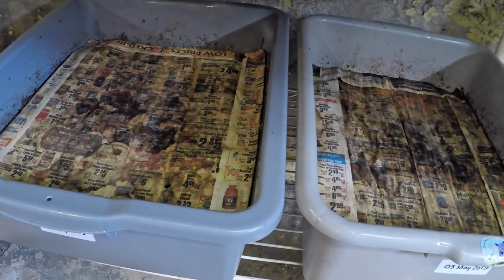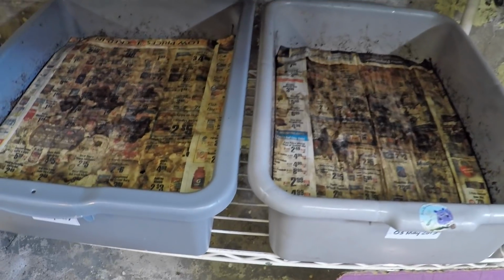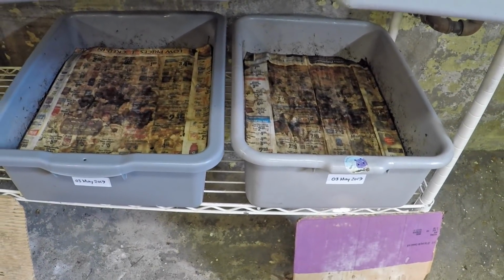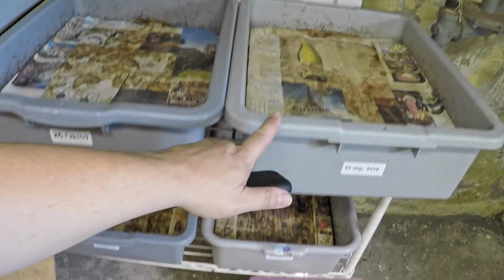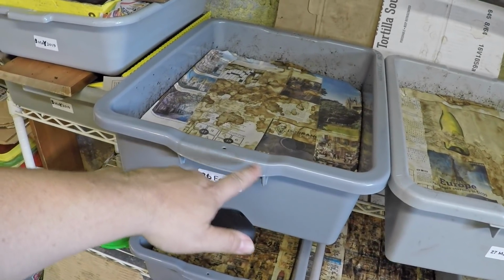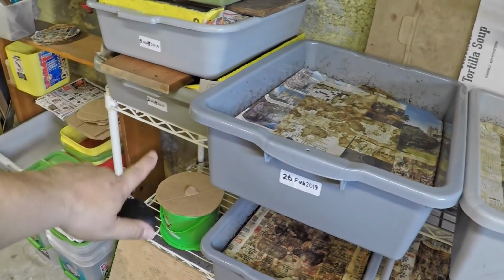Even though they're new bins, these covers got reused from a previous composting session, so they look pretty dingy, and I'm going to reuse those to lay a little bit of extra bedding into this bin right here. This bin received a little bit of extra bedding the other day. I put in some paper in there. That was when I removed the bait bombs from these